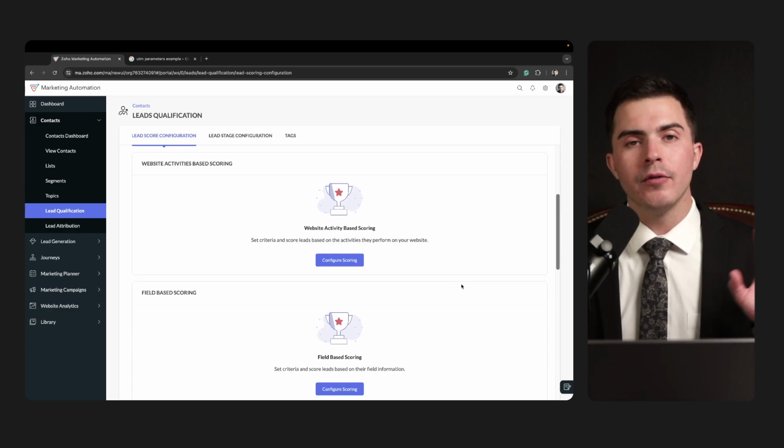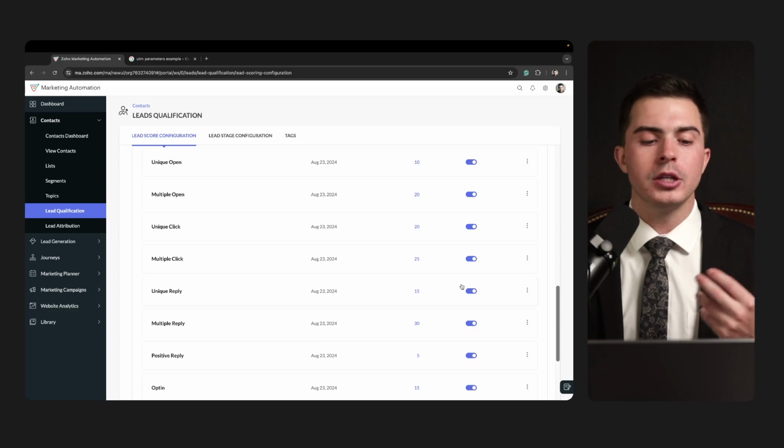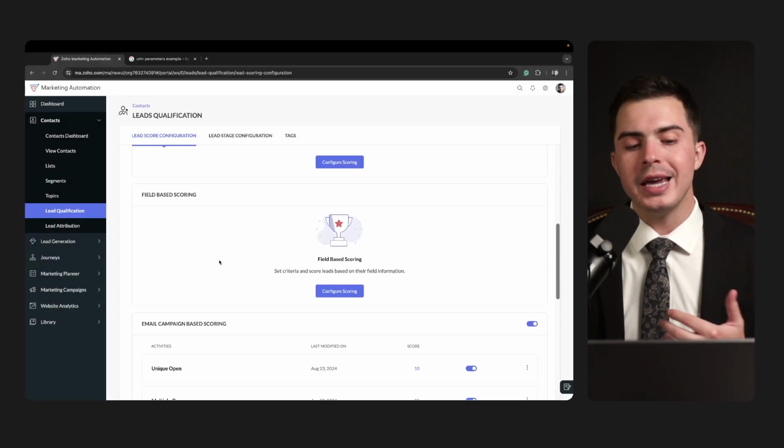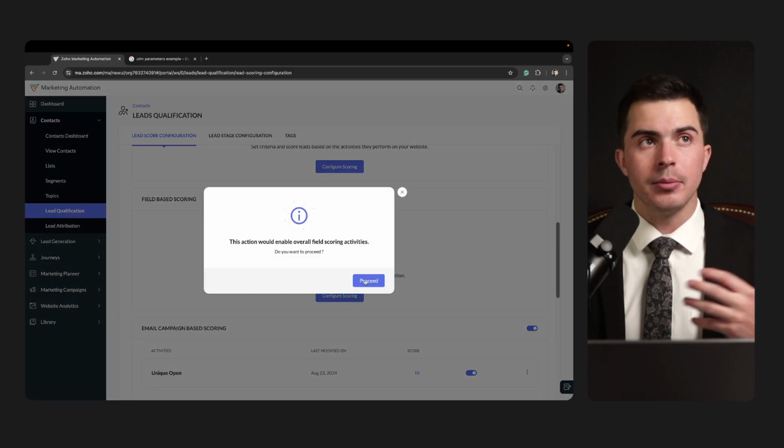So you've got information-based scoring and then you've got behavior-based scoring. This is behavior-based scoring, right? Unique opens, multiple clicks, unique click, multiple click, unique reply. All of that's behavior-based scoring. If you want to do field-based, that falls under the bucket of